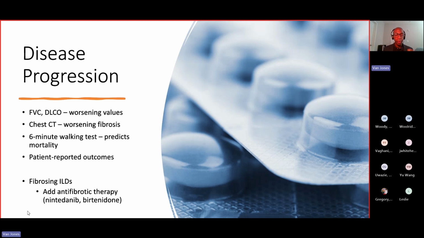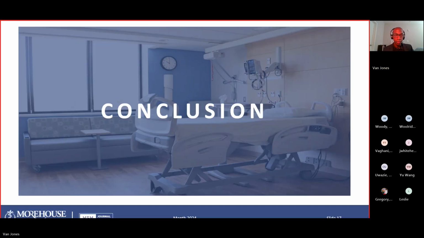For particularly bad fibrosing ILDs, there may come a point where a pulmonologist or whoever's managing this disease may add an antifibrotic agent, such as these here below. But this is only at a very advanced stage because these agents are known to have some bad side effects. They are collagen antagonists, and we require collagen for our skin, our hair, our eyes, and our bones, so that might lead to thinning of all of those. So we typically use those as a next to last resort if the fibrosis is really bad.